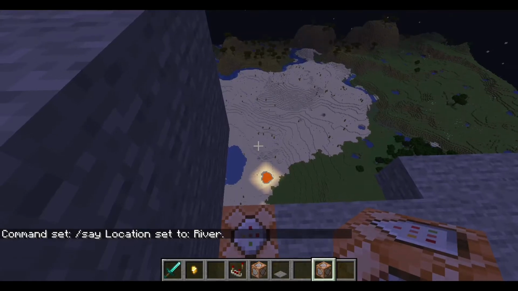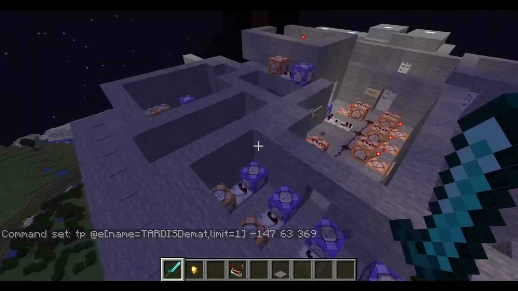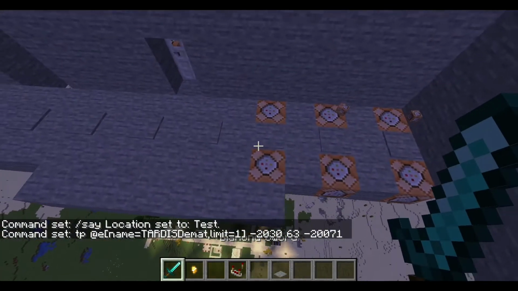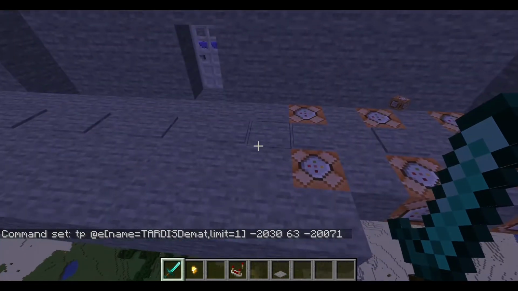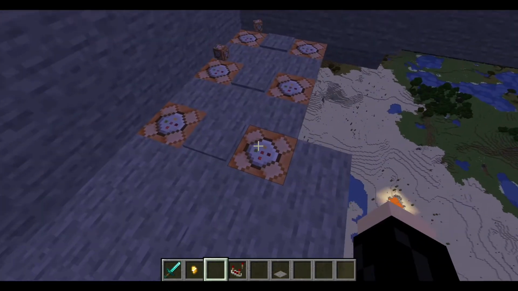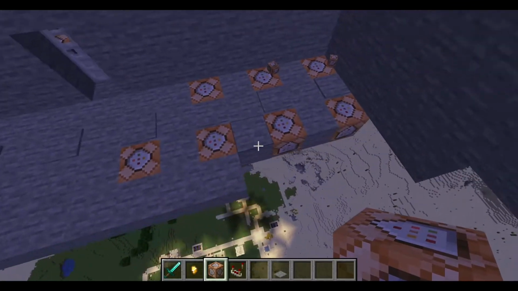Set to river, and this other one should be teleport the TARDIS. Now just repeat the process with your other locations. Alright, so those are our three locations. And when you get to the end of the cycler, what you want to do is place a command block with no command in it just yet. We want to make it,